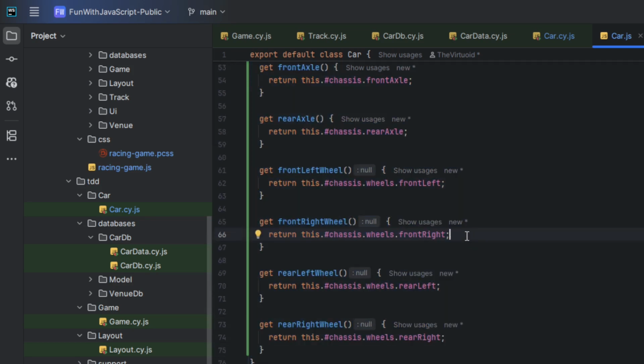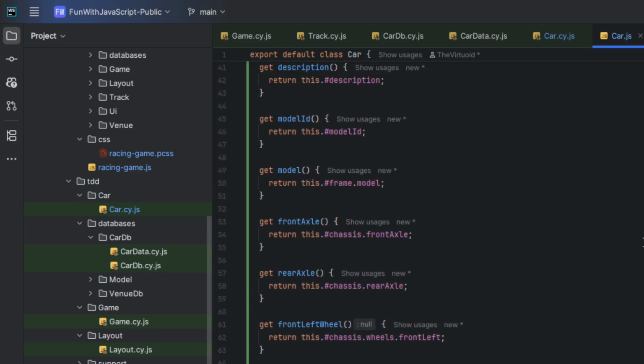In this particular case, as somebody who's going to be developing against this, I don't want to sit there and say, give me car.chassis.wheels.front right wheel. Just give me the front right wheel. Give me the rear left wheel. So I'm just going to go straight to it. I don't need to go to the chassis. Let's just go straight to the wheel. So I've done that. Let's save it off